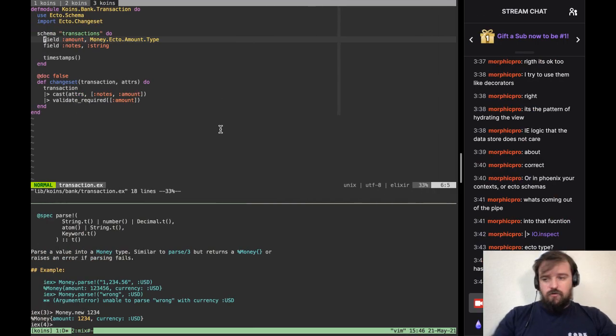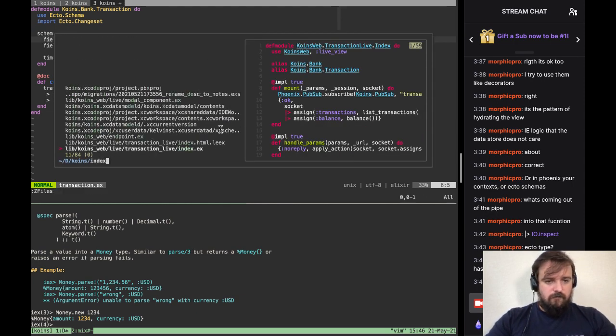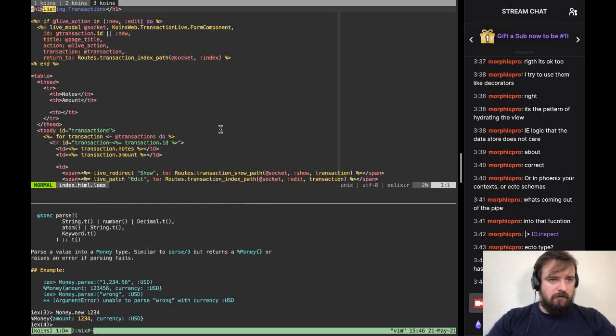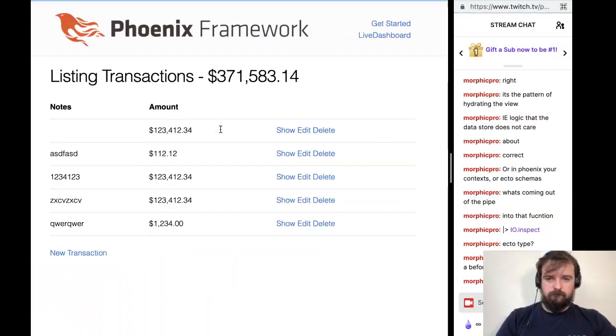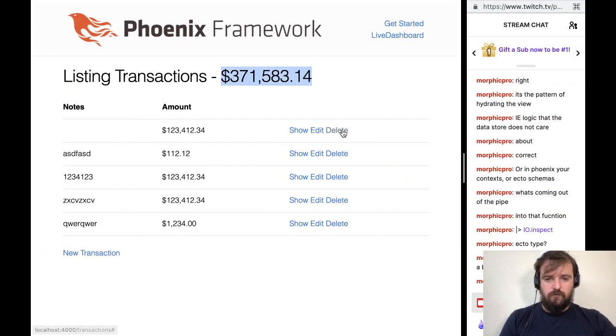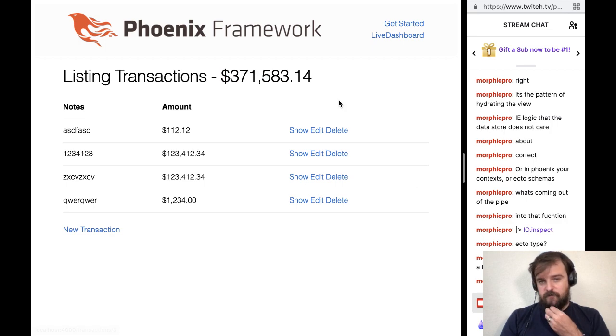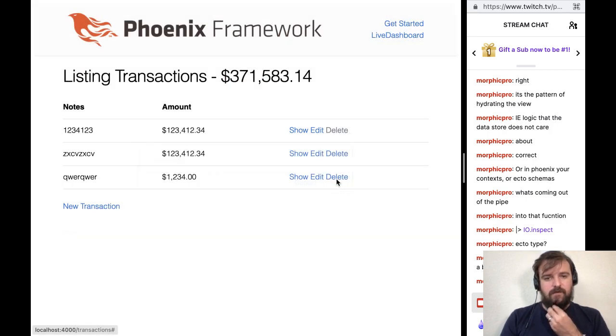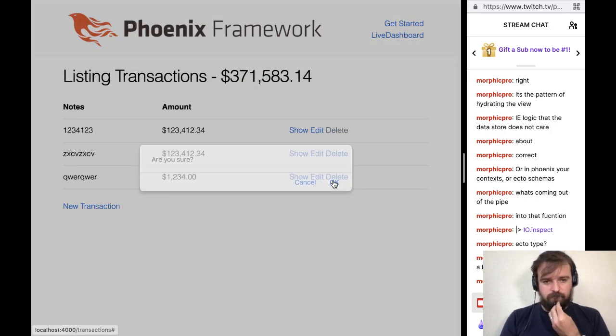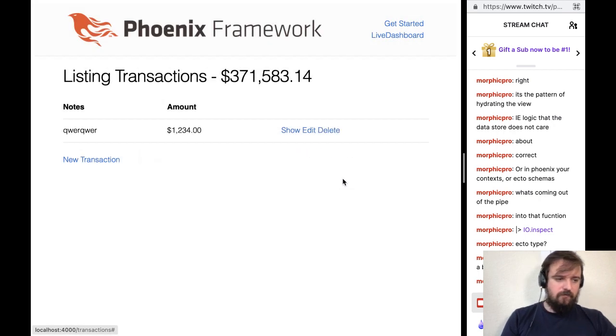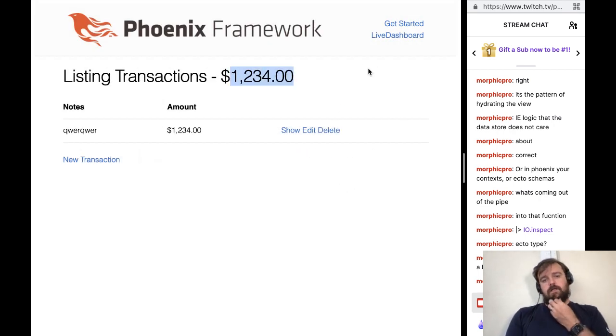All right, I have to show the balance. So index HTML, let's show the balance in here. Add balance. And that's it. That's the balance. So if I go and delete here, it doesn't get updated, right? That's the next step. But let me test with just one, refresh, and the balance is right. So if I insert a new one,